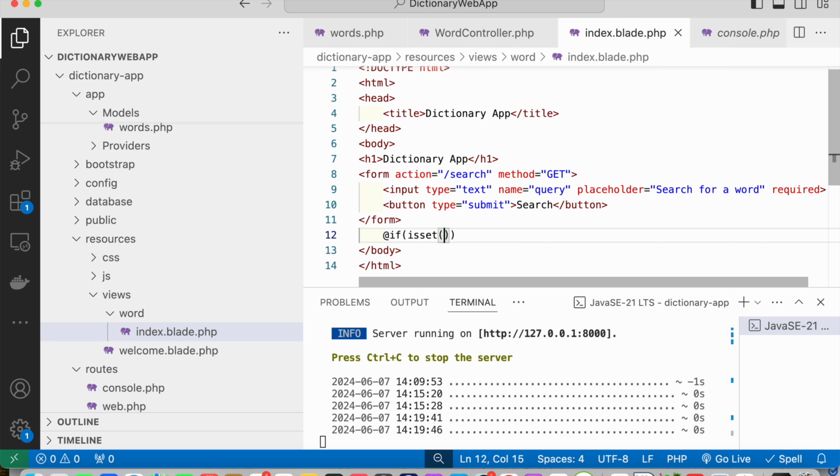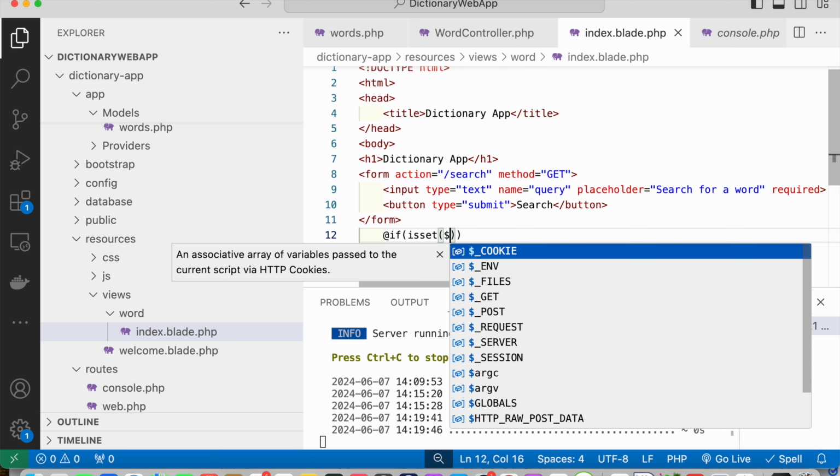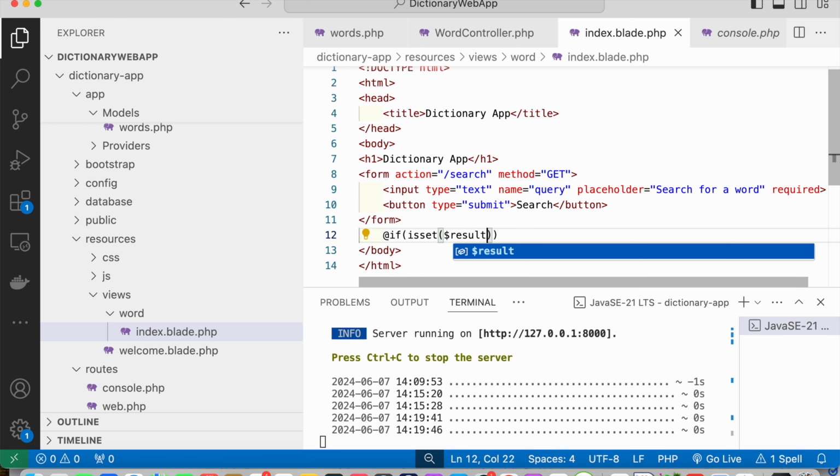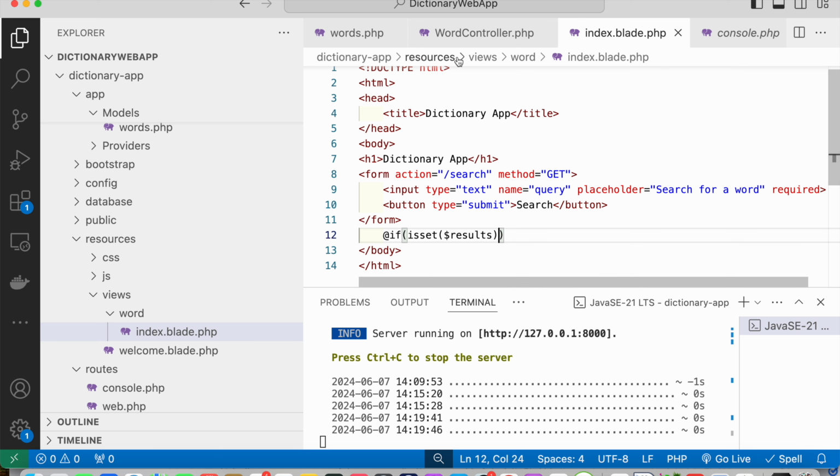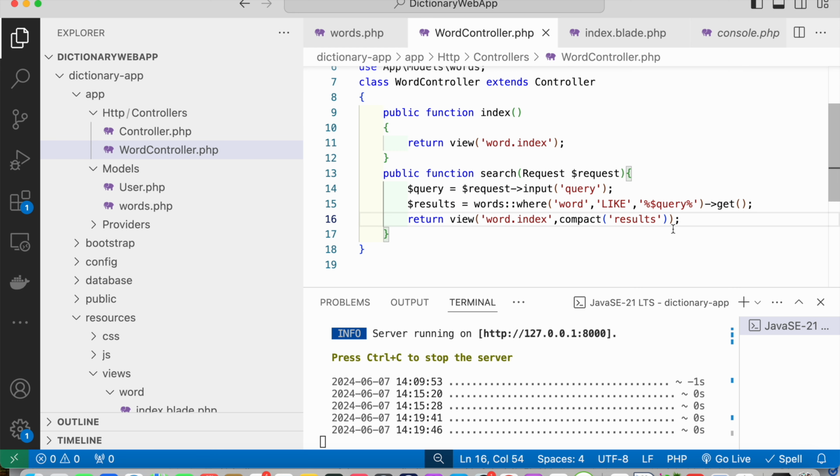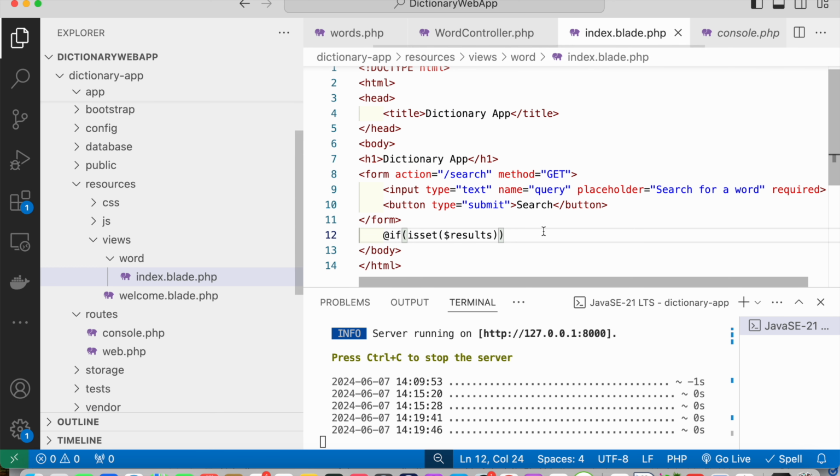In the parentheses we can pass in $results, because here we are sending these results using compact, and if that's available